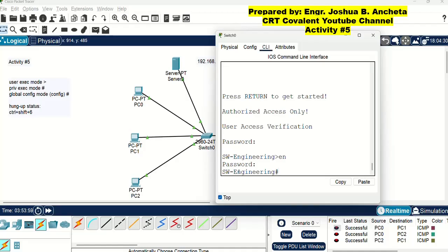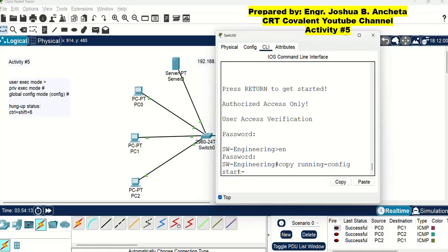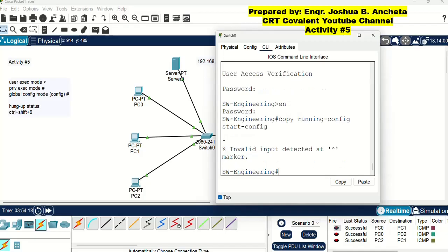So the command to save is copy running-configuration or config space startup-config. Then press enter. Okay?